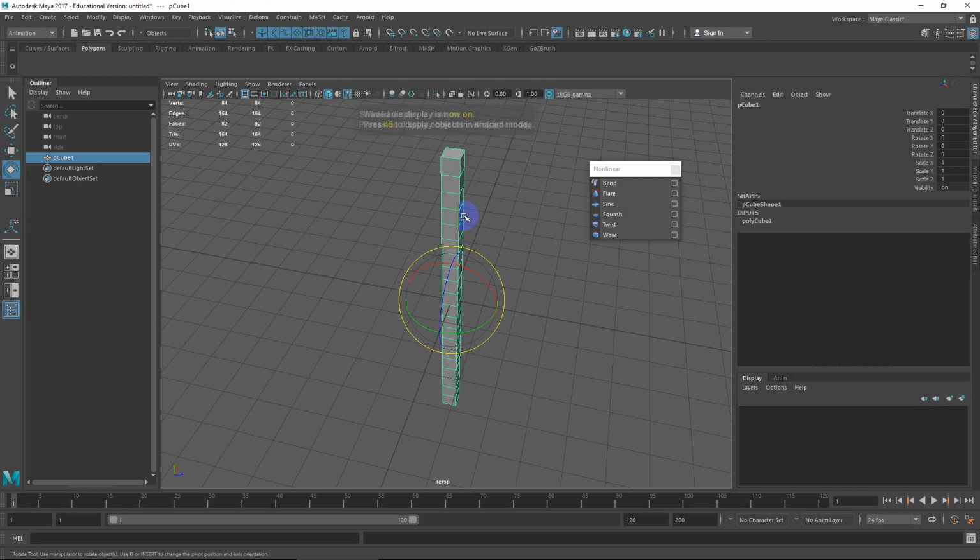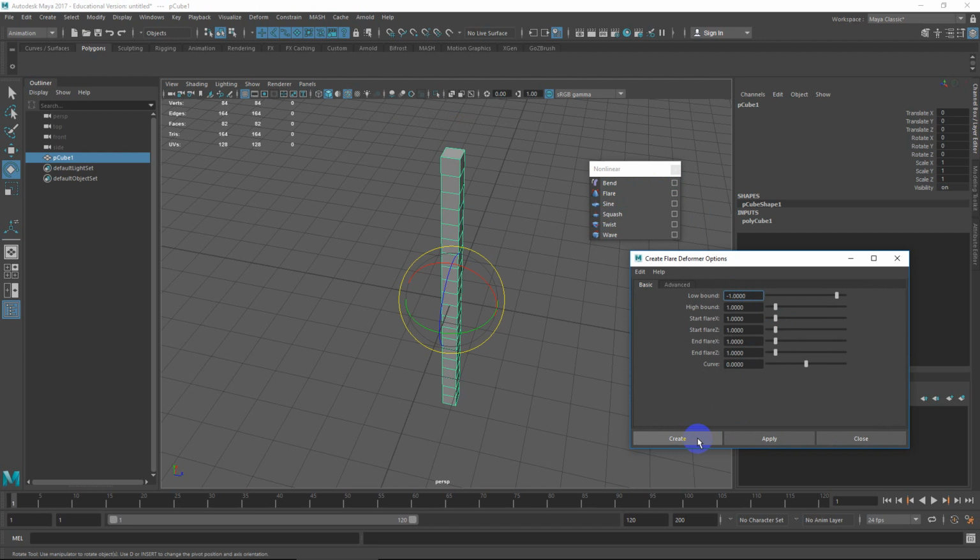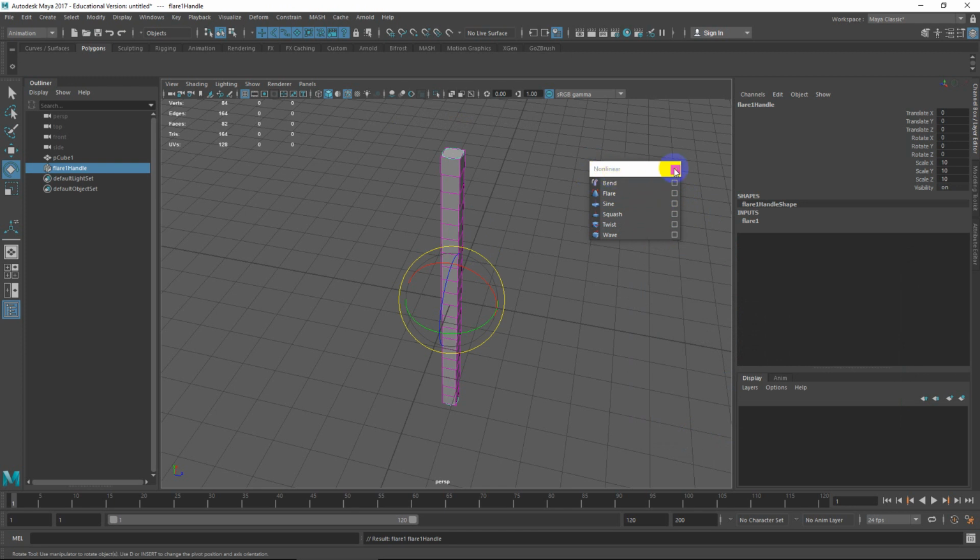So a lot of times I'll switch to 4 to see the cage of the model, to see where some of these things may be hidden. Flare, this one's actually pretty cool too, so I'll go to flare. Usually, I tell you guys, if you ever have an options box, you just go into the options. I find it much better to actually create this and apply it, because once this thing is applied,